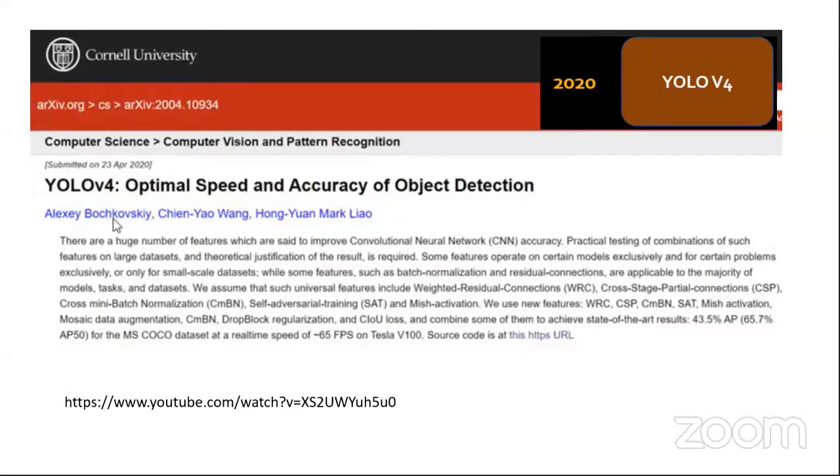And we got YOLO version 4 in 2020. So this is recent, okay? It's very much recent. YOLO version 4 also came into the market in 2020, 1 year back. Okay, and now in 2021, you have YOLO version 5 as well. And not just YOLO version 5, you have various versions of it.